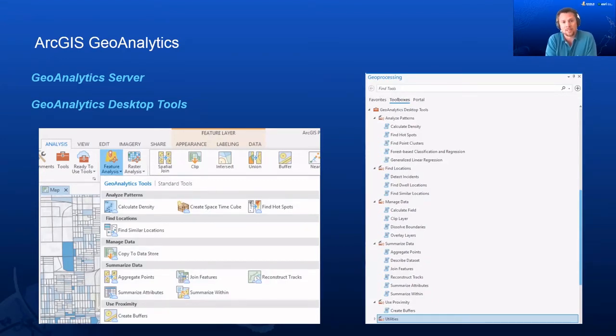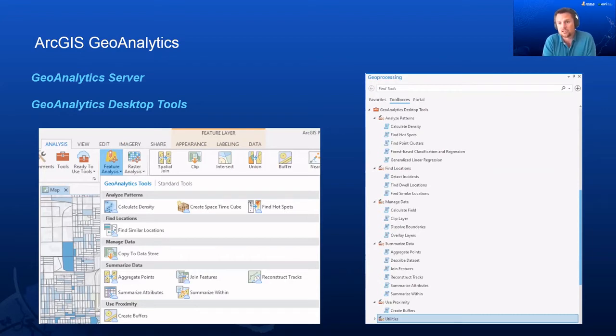Then another one is geoanalytics, and that allows you to analyze large amounts of data, vector and tabular data, and it uses Apache Spark in the backend to distribute the workload. It has a collection of tools to identify patterns, find relationships, anomalies, and incidents in very large amounts of data across space and time. So you can, for example, reconstruct tracks or join data, not just based on location, but on location and time. Geoanalytics tools are available for ArcGIS Pro in the geoanalytics toolbox, and they will run on local big data. It's also available for ArcGIS Enterprise as geoanalytics server.